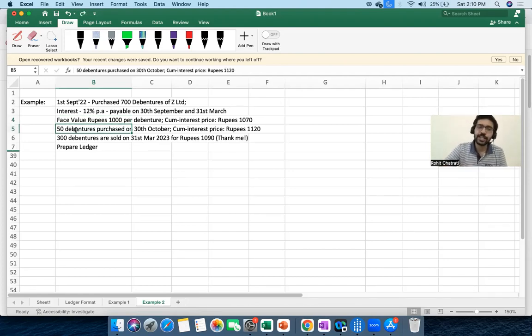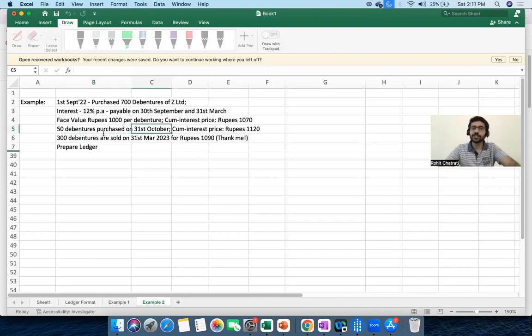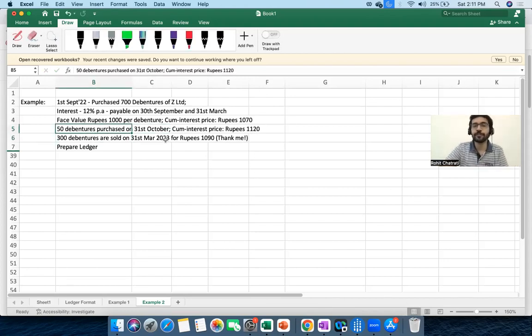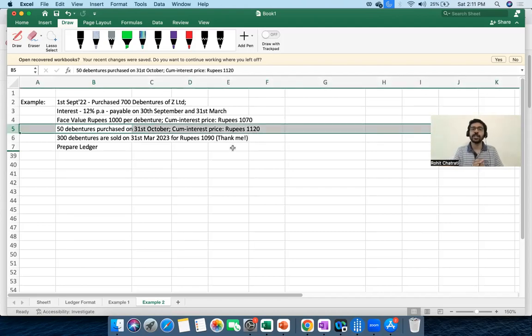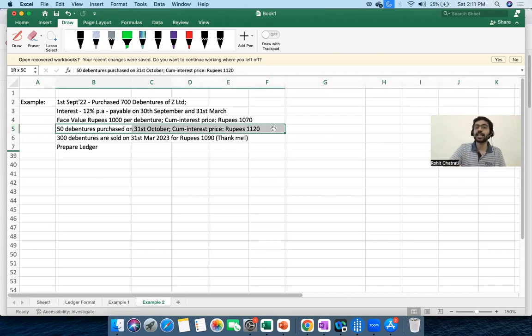Next, 50 additional debentures have been purchased on 30th. Let us make it 31st instead. 50 additional debentures were purchased on 31st October with a cum interest price of rupees 1120. If you take a look at this transaction, since the last interest date, which is now 30th September 2022,